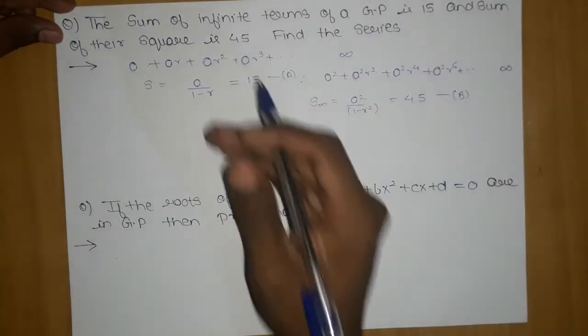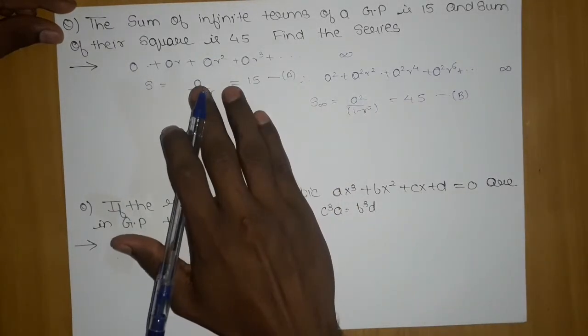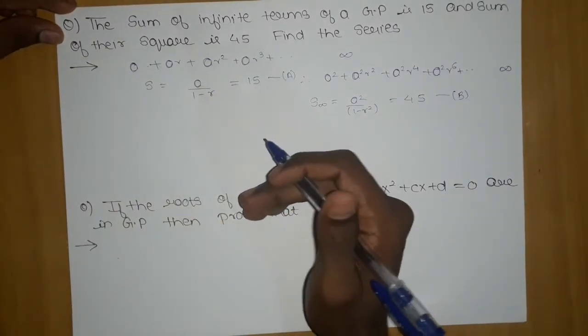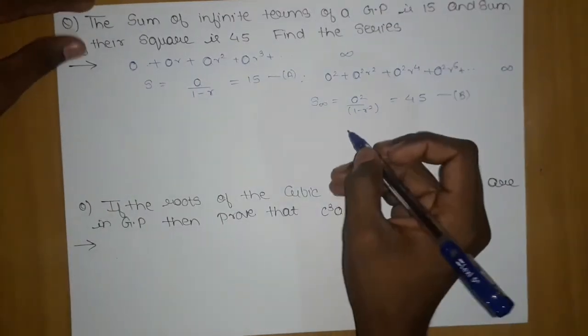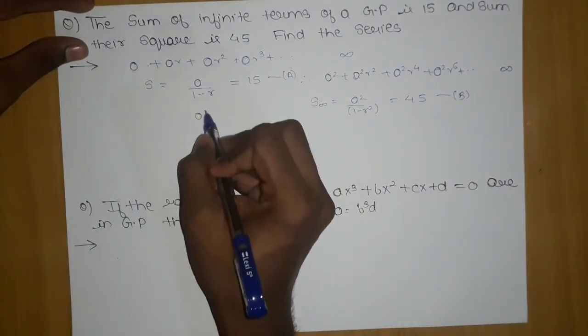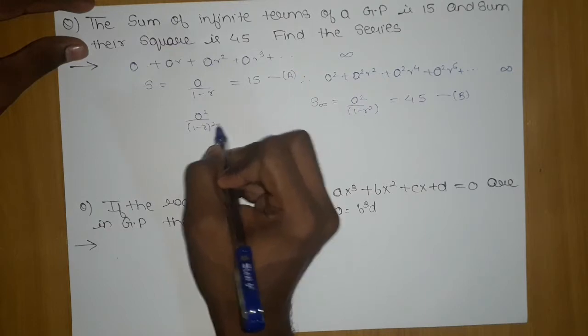When such things appear, just try to convert this by squaring. That is the best approach, the other approaches are not good. So just try to do this. If I square this, I get A square upon 1 minus r the whole square is equal to